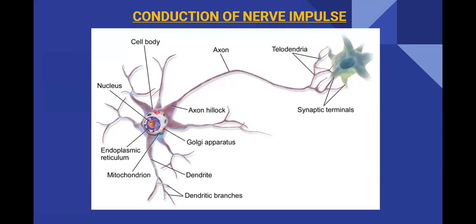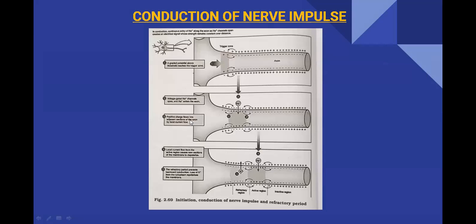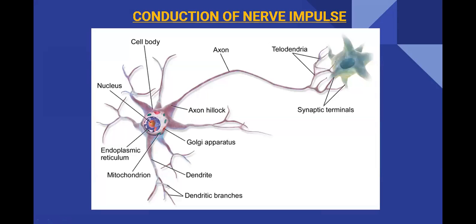In the previous class, we have seen how the nerve impulse or the action potential is generated. In that class, we have seen that action potential will be initiated on the dendrites, or in some cases on telodendrites also. Nerve impulse or action potential may be generated. And what is the process in generating action potential inside the cytoplasm of these neurons? We have seen the details in the previous class.